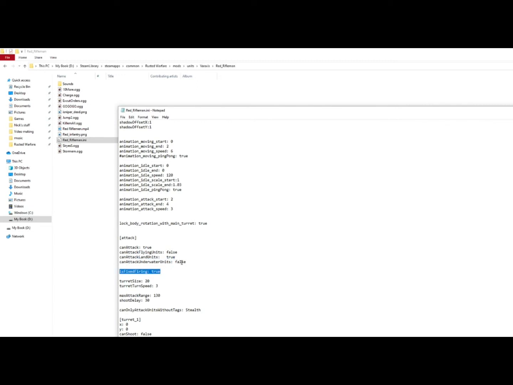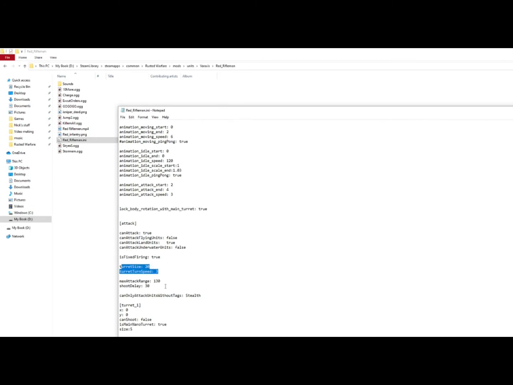Self-explanatory. Is fixed firing true, pretty much the same thing as lock body rotation with main turret. Turret size doesn't matter because the whole unit turns. Then the max range of the attack, and the delay between the attack. And I believe this goes by 60 is a second, so this is half a second shoot delay. And can only attack units without tag stealth, so that means that this unit can attack every other unit except ones without stealth, which I believe is leftover code because there's an easier way to do it, which I'll show